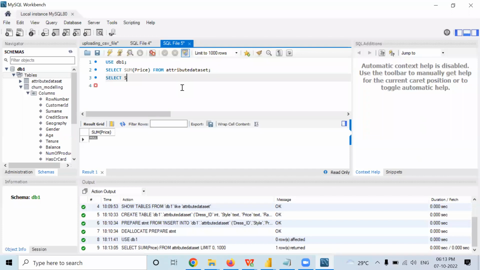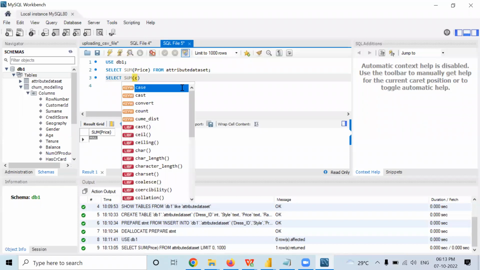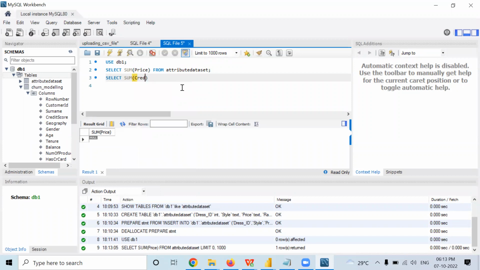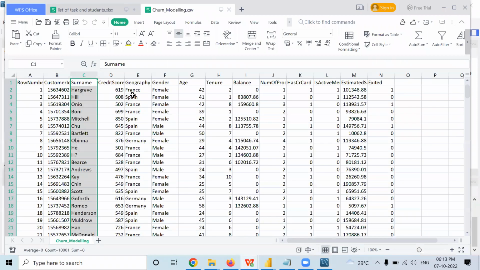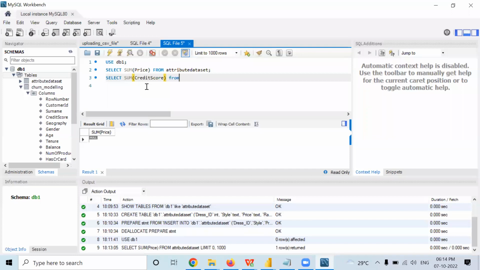Select sum, then within brackets credit score. So I'm taking the sum of this whole entire column. This is the credit score. I'm taking the sum total of this, right? So from